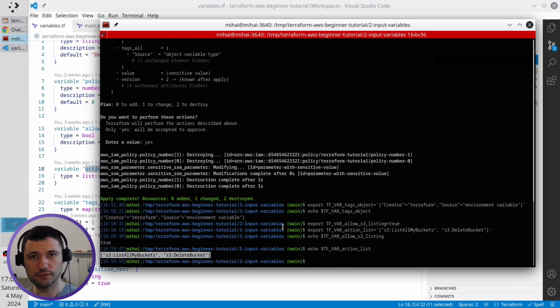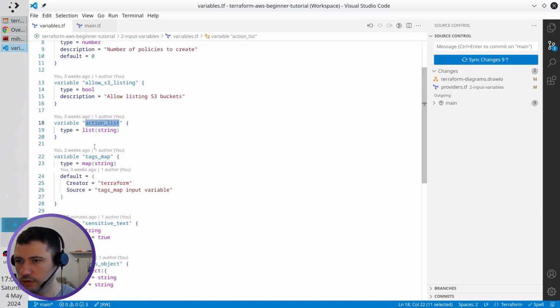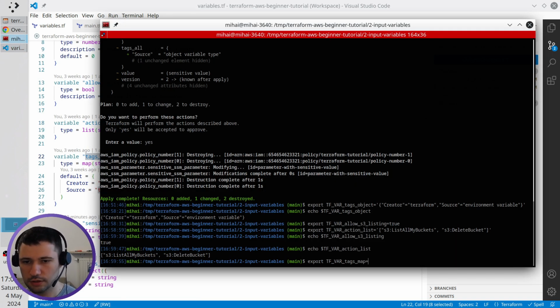Also, using environment variables, I can override the default values. For example, export tf_var_. You see the tags map, it has a default value. I will copy it, paste it, equals. In single quotes, I create a map, and here I write creator equals Terraform,